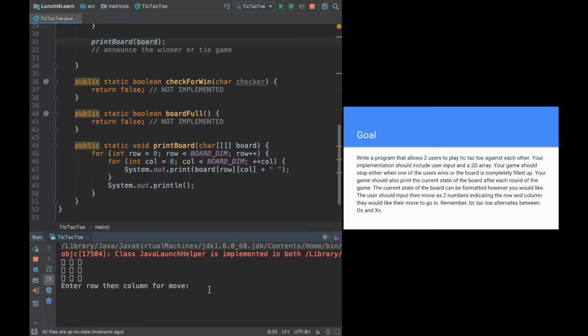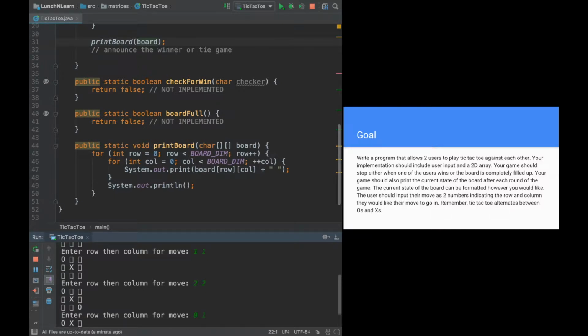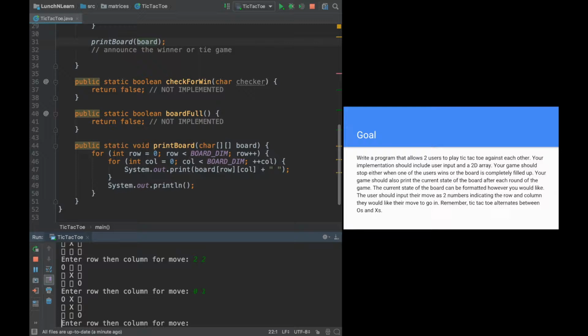So let's see, the row and the column for the move that I want is 0, 0. So an O got put in. Now I'm going to try 1, 1. And look, an X got put in. Great. Let's see what happens if I try 2, 2. An O got put in. Let's see what happens if I do 0, 1. An X. And if I try 0, 2. An O. Great. This is going wonderfully. And now if I do 2, 1,